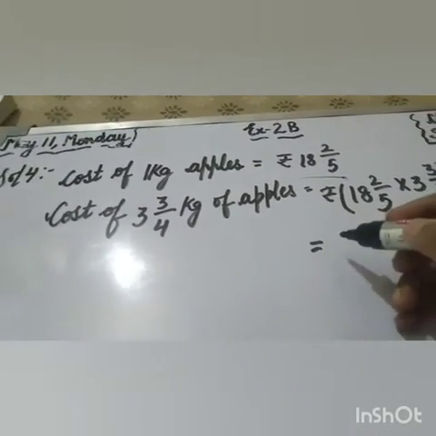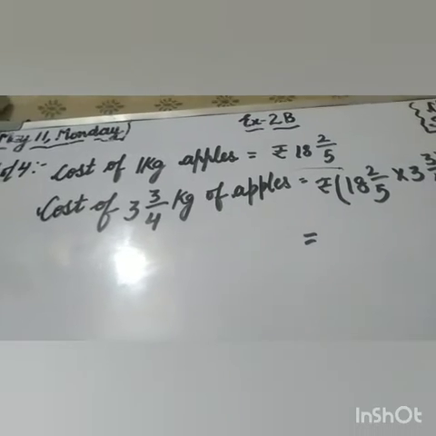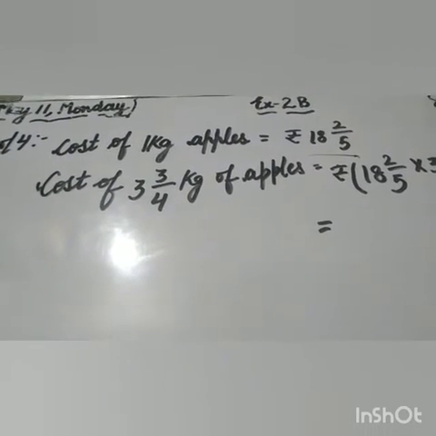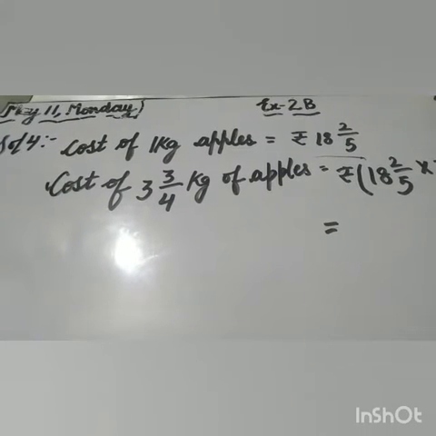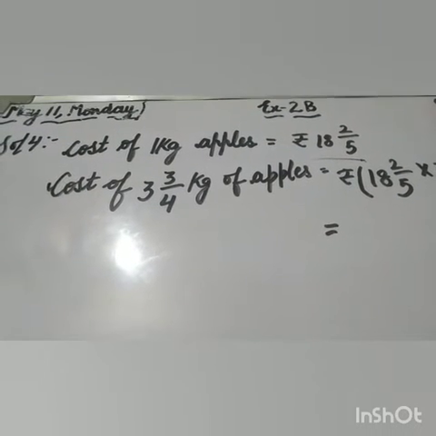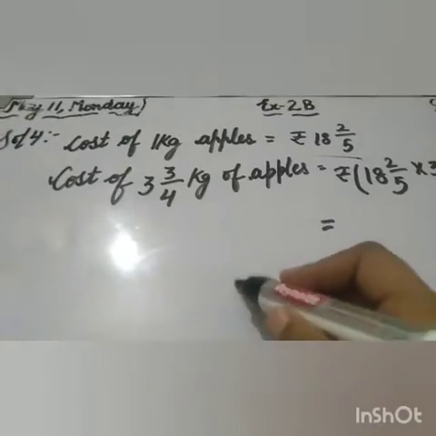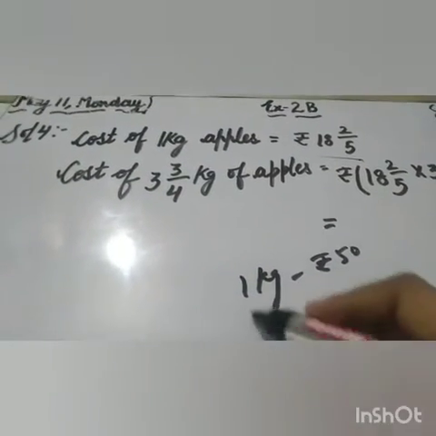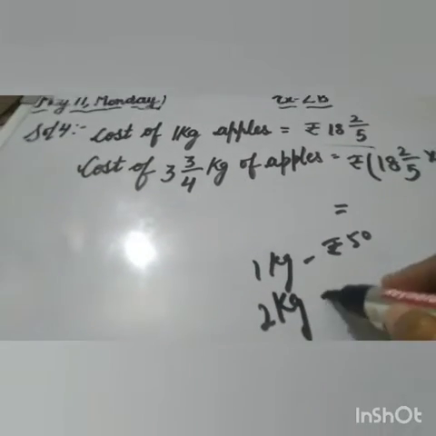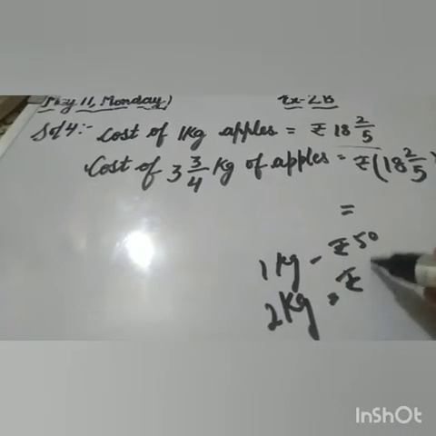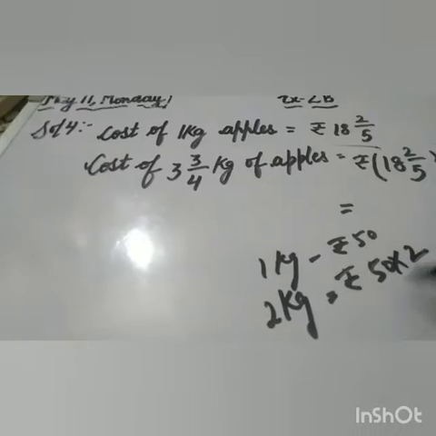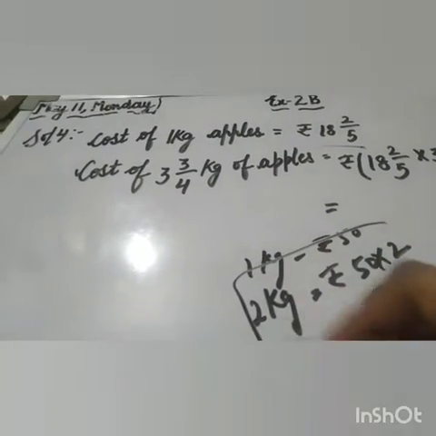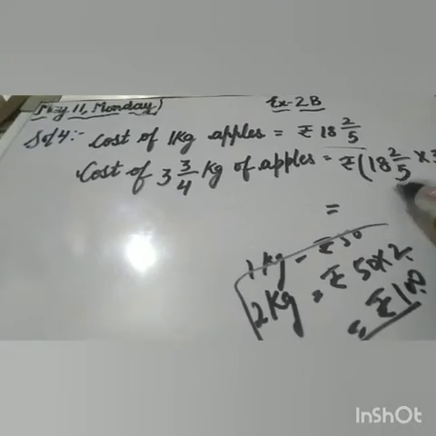It is the same way as when you go to the market. If you want to purchase 1 kg of mango, bananas, anything, apples, and the cost of that thing is rupees 50 for 1 kg, and you want to purchase 2 kg, what will be the cost? You will do the multiplication: 50 multiplied by 2, which is equal to 100. Similarly we will take the concept in this fraction.